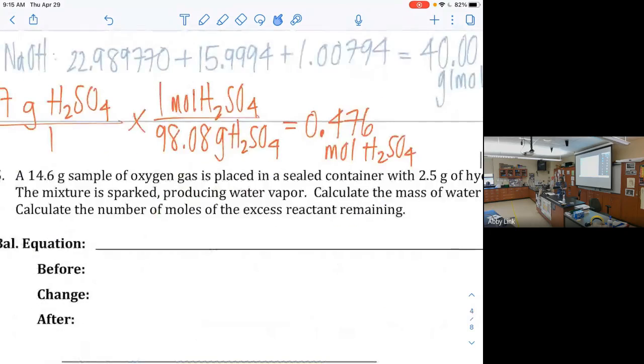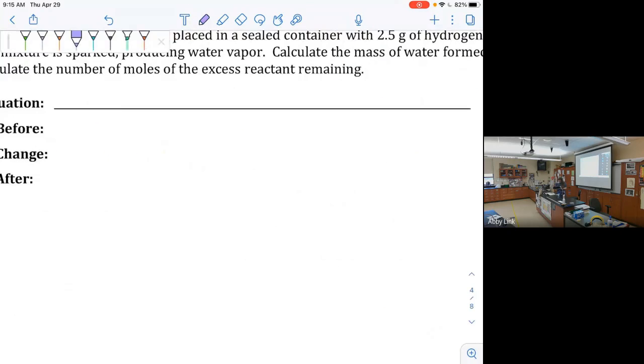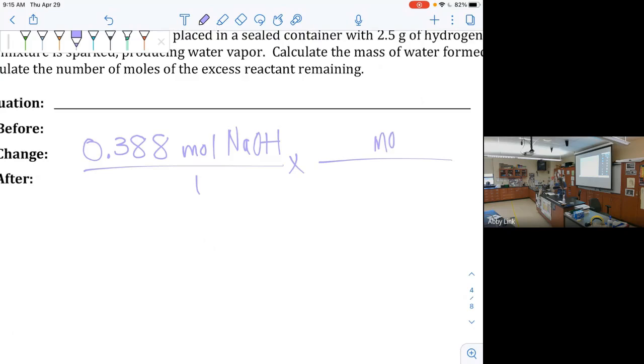Okay, so let's calculate that. I'm going to come down here on number 5 and write on that. I have space. Okay, I want to convert this to moles of H2SO4, moles of NaOH in the bottom. Okay, you're going to have a 2 on the bottom, and we have a 1 coefficient. So 0.388 divided by 2 gives me 0.194 moles